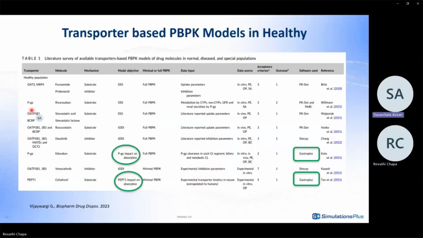Then the application of various approaches of TDDIs, which is transporter-mediated DDIs, is mainly based on the stage of drug development the investigational drug is currently in. At the preclinical stage, only in vitro and animal data are present, and hence to assess its safety and efficacy in humans, static models are initially used.